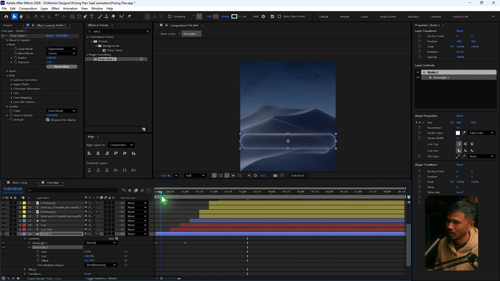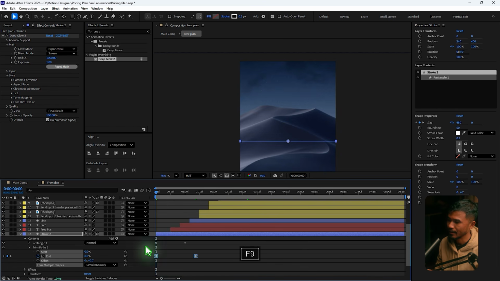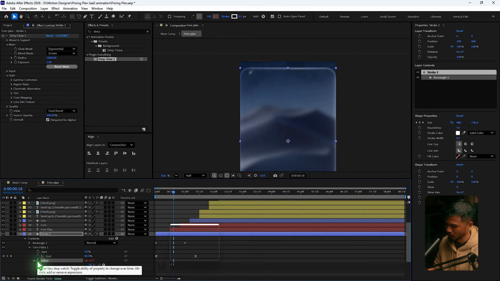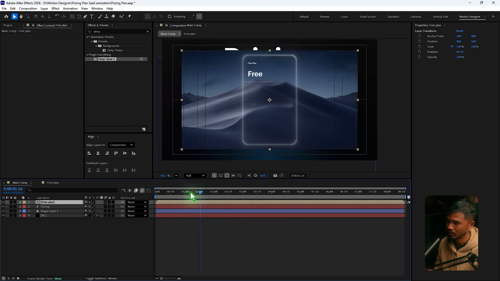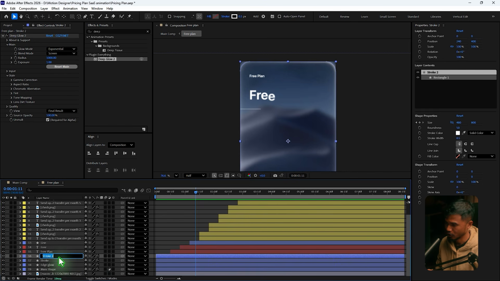And what I will do is animate the trim path and from 0, go a few frames ahead. Set this to 100, maybe this to 0. Select all the keyframes, F9, and I will increase this to 0.5 and hold down Alt and click on the stopwatch of the offset, and I'm just going to type in time times maybe 30 so that you have an animation. You can see. Maybe I just want to change the name to stroke